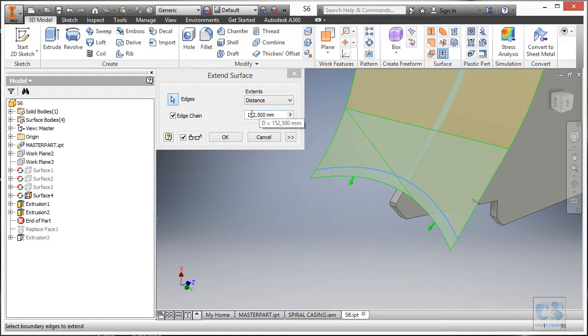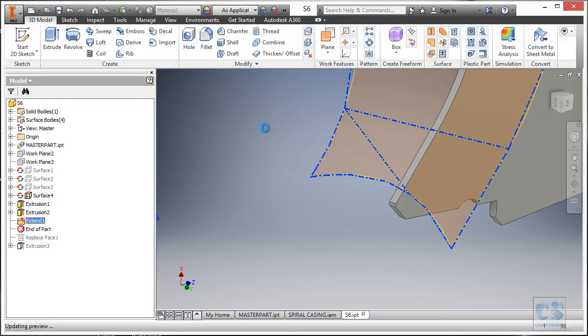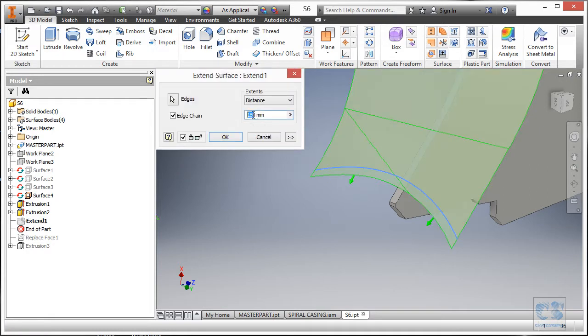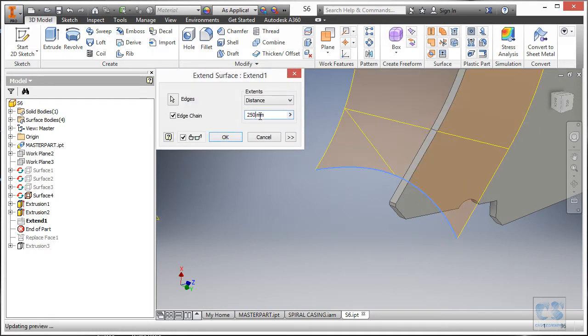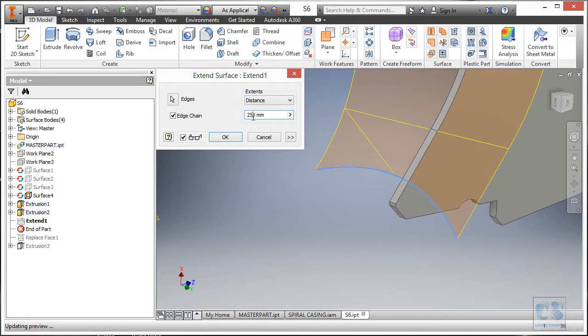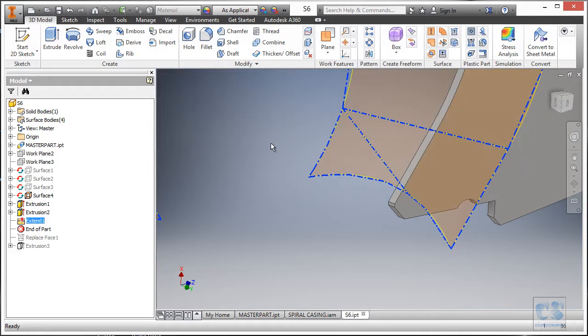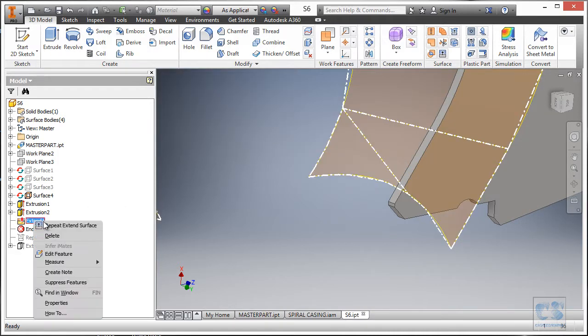Okay, let's try 180. Not enough, so let's try, let's say 250, then enter. Not working, so edit. Let's go to 200. Working, but not enough. Okay, so we are just going to cancel this and delete the extent first,